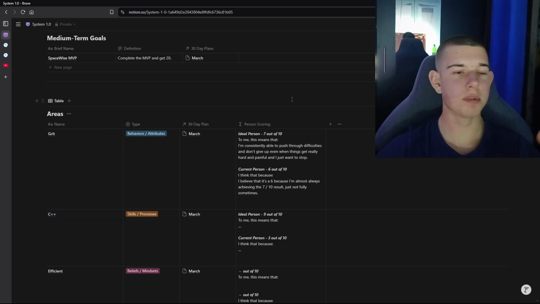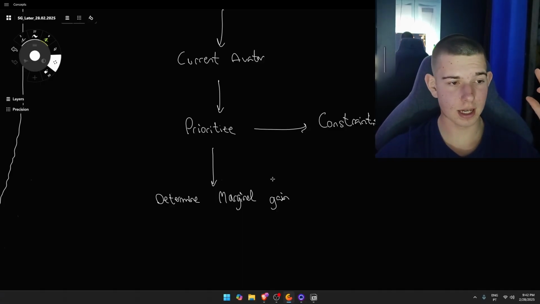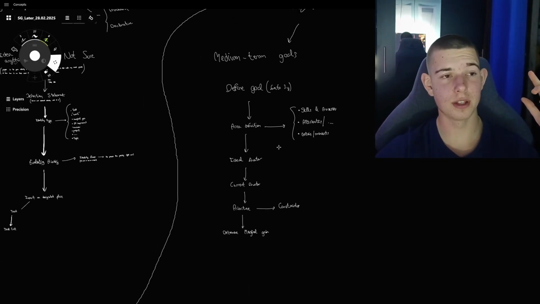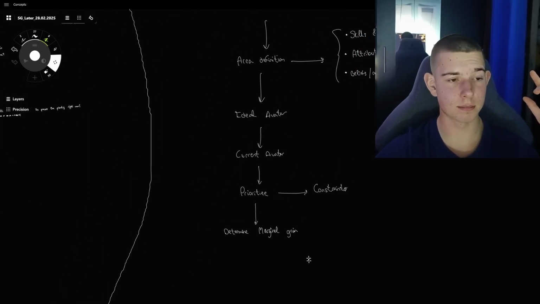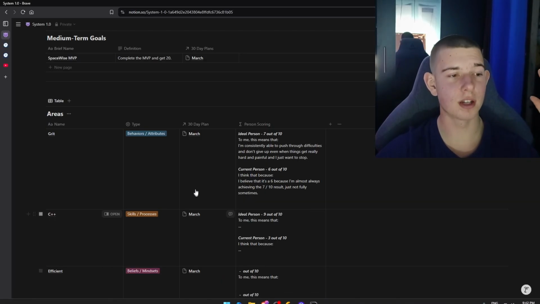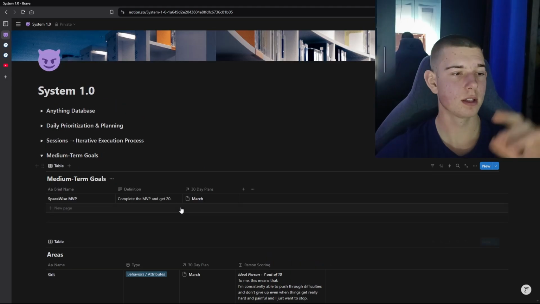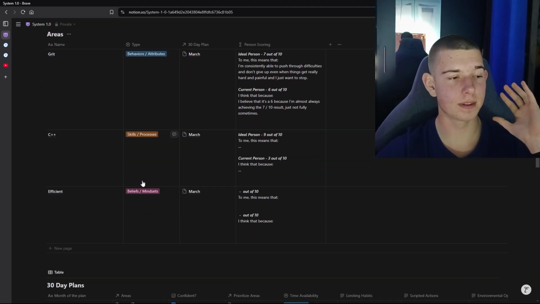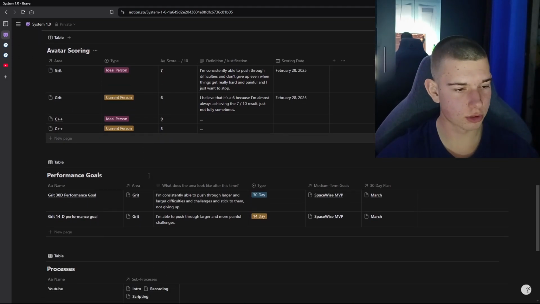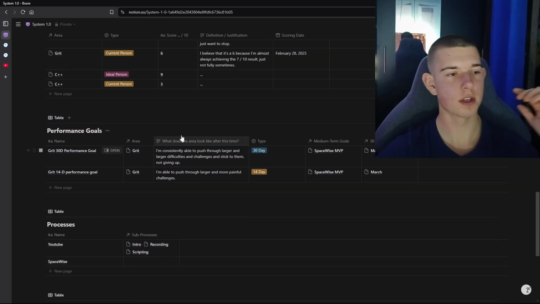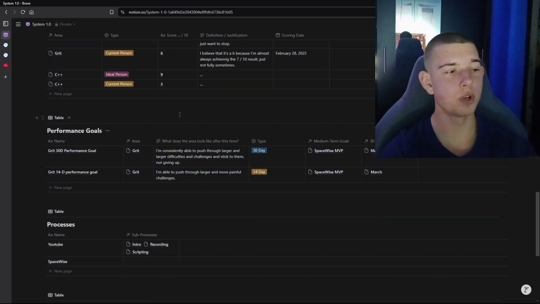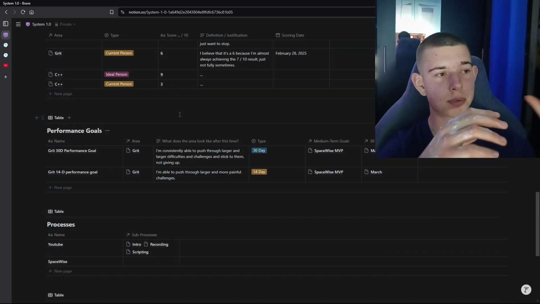Then what do? It's actually not over here. I haven't actually integrated it on this place yet. But right now, what I'm gonna do is create performance goals. What are these performance goals? Well, these are goals that I create for each process or each area,